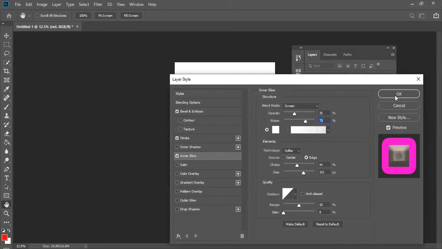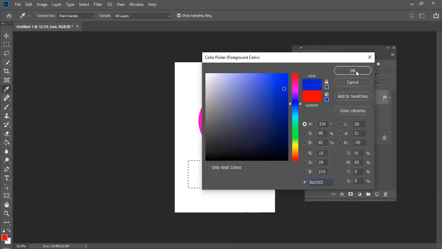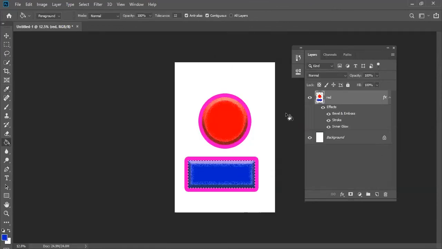Okay. If you are okay, you can give okay. The same layer, if you are creating any other object also, see, if I'm creating this one, and if I'm giving any other blue color or any other color, if I'm filling, it will affect like this. You know why? I filled the blue color. So the stroke, the same pink color came, and bevel and emboss also came, and noise also came, right? Because I created it in the same layer. That's fine. This is a layer style. So whatever effects you are giving on the same layer will affect the other object also if you are creating it in the same layer.